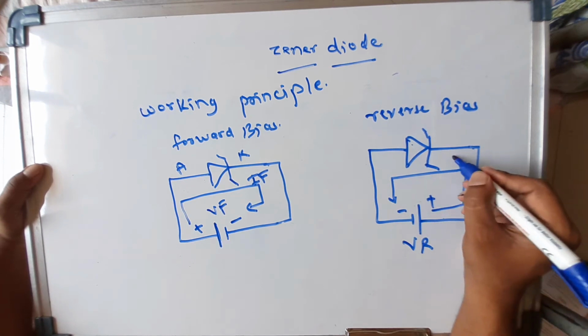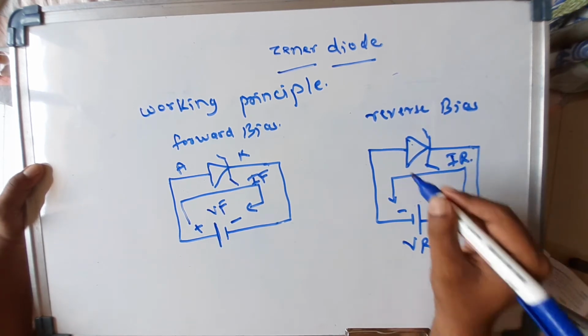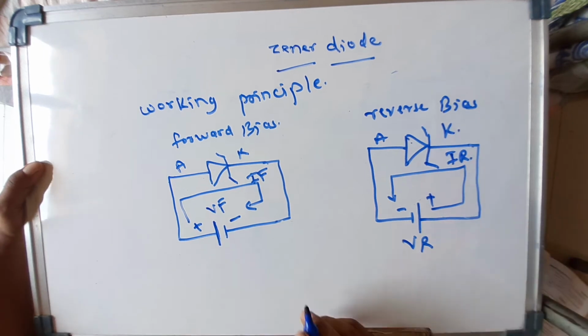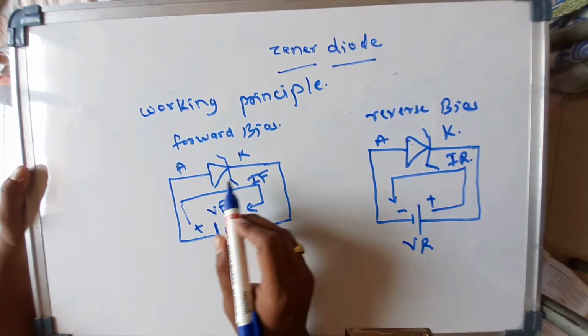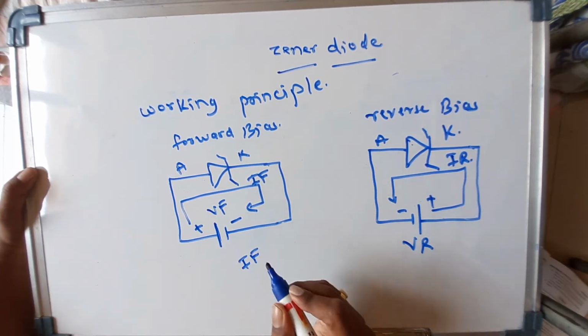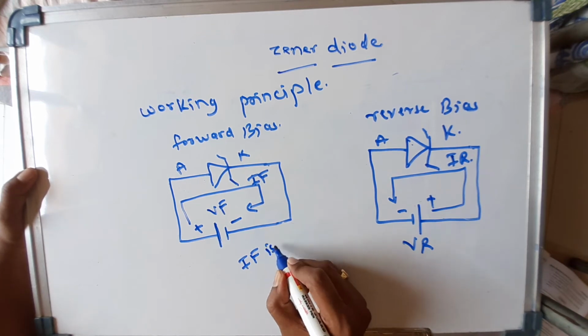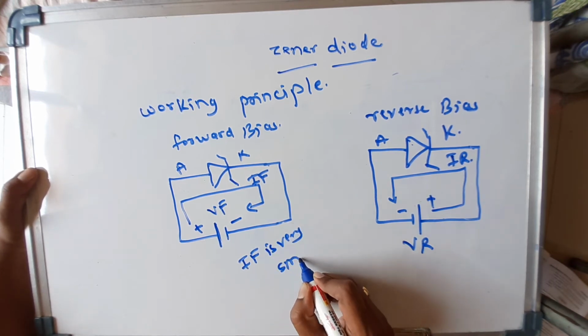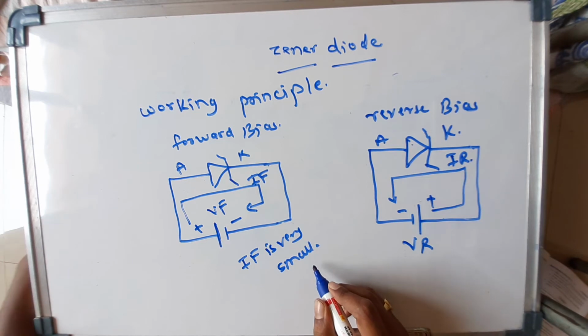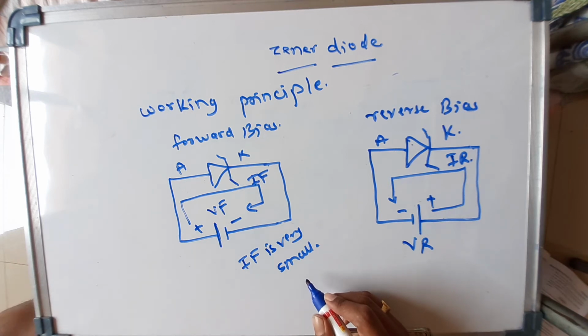So that current is called as IR, that is a reverse current. This is anode, this is a cathode. So in forward bias, the IF, that is a forward current, is very small, and that current is produced due to the minority charge carriers, while that of